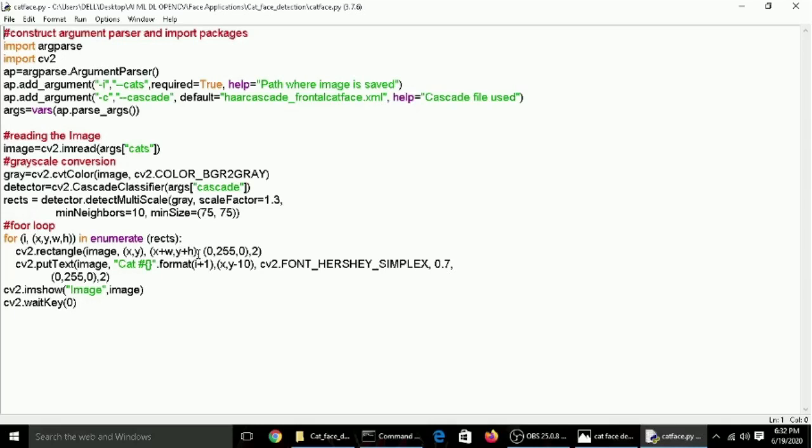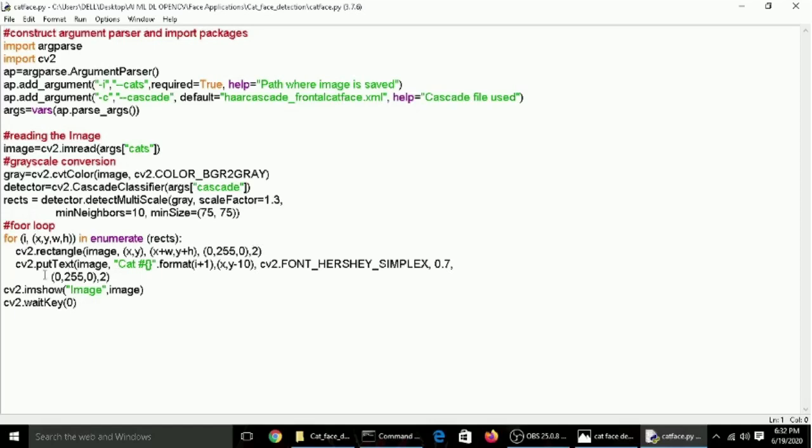Next is the color code. I have used green here since it is BGR, so 255 stands in the position of green, so it will be green. And 2 is the thickness, that is how thick you want the bounding box.